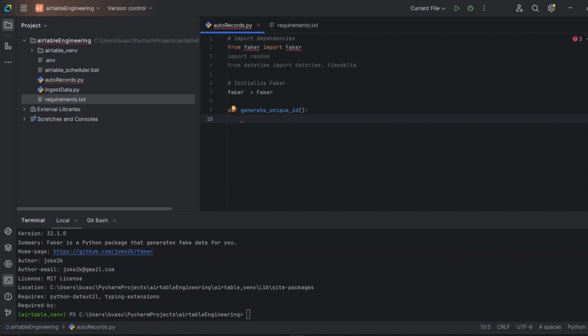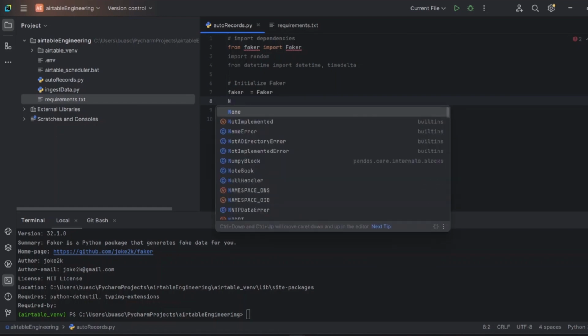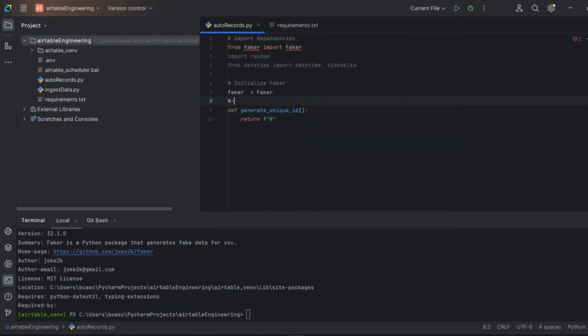I say return. And so my unique ID is gonna be something like this. It's gonna have a capital N prefix, right? Then 5 digits. So an example is gonna be say N12345, right? So let me just comment that out and say